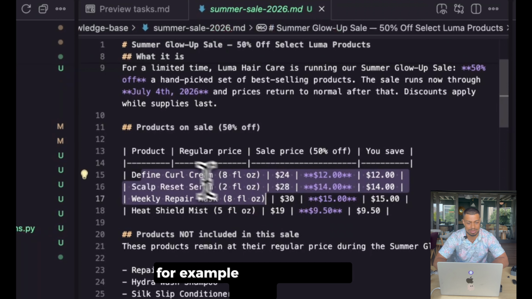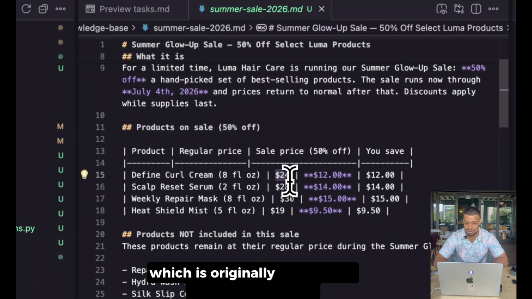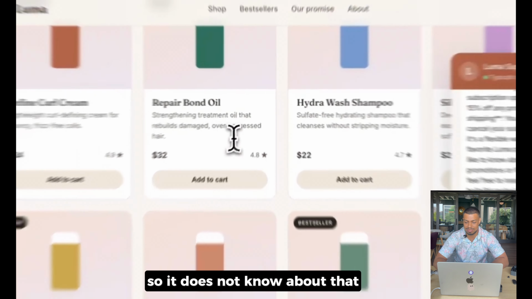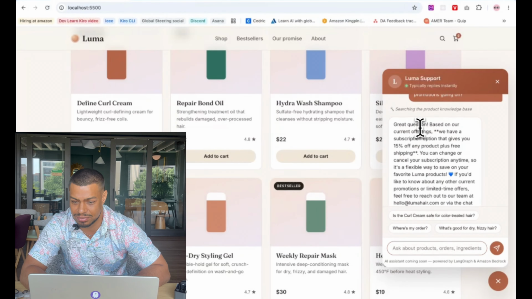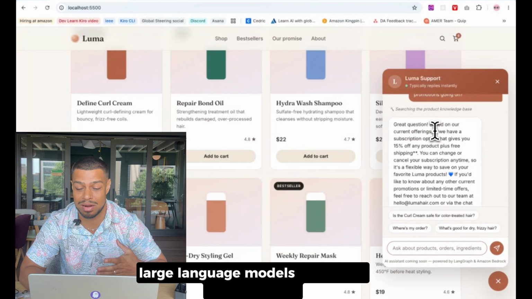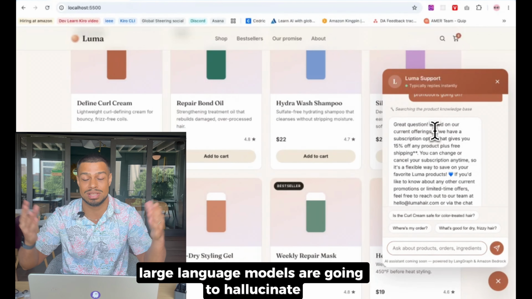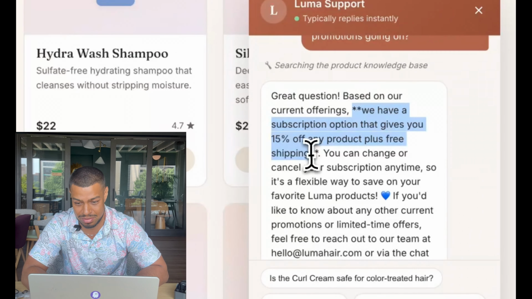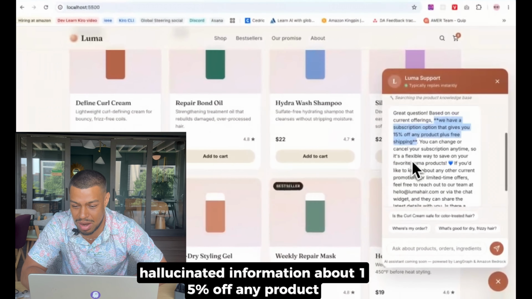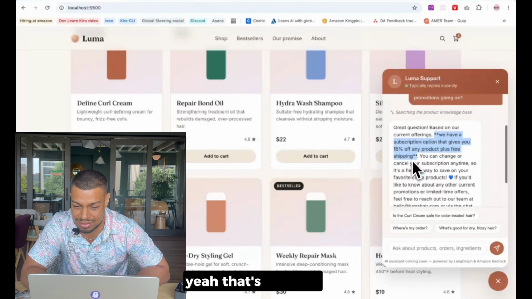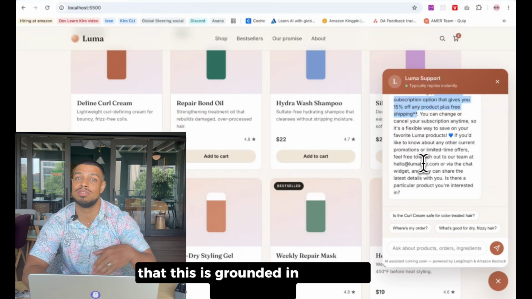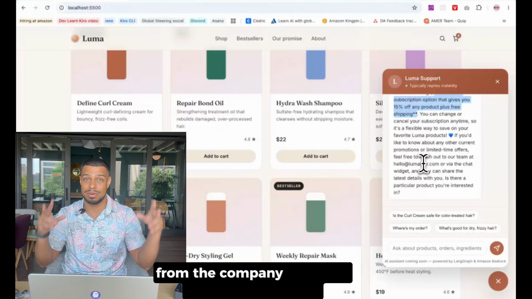But some of these products, for example, the Define Curl Cream, which is originally $24, is now going to be $12, right? So it does not know about that, and it's just going to make stuff up. If it doesn't know about the actual information, large language models are going to hallucinate and make stuff up. So it just made up some hallucinated information about 15% off any product plus free shipping. Yeah, that's not true. So let's make it so that this is grounded in real-time information from this fake imaginary